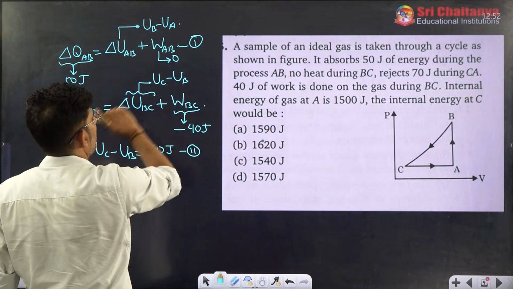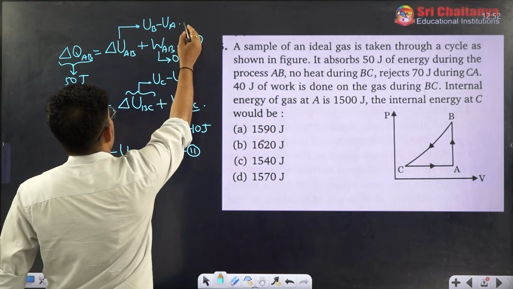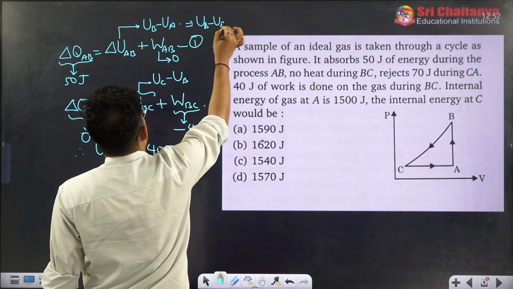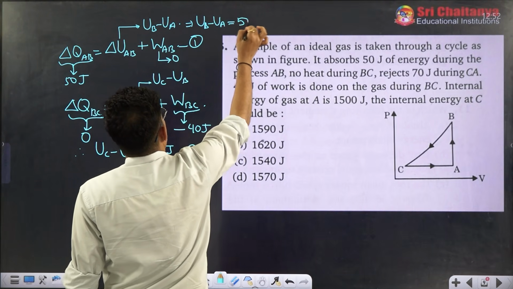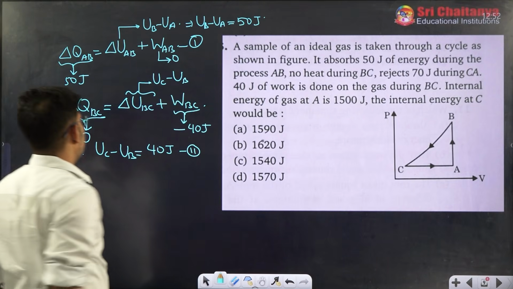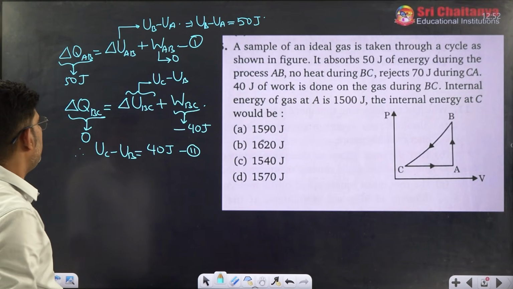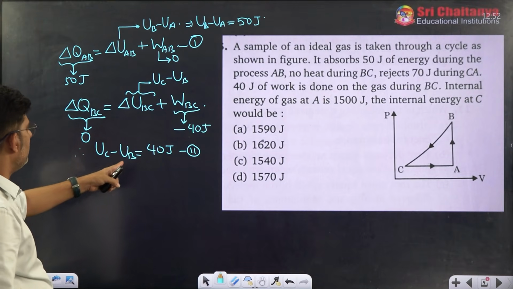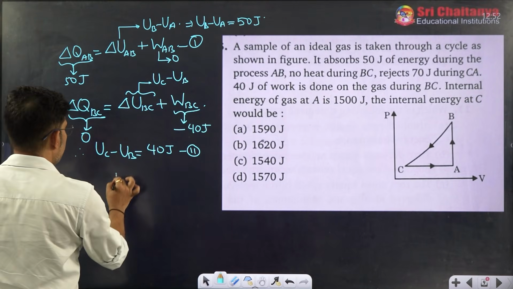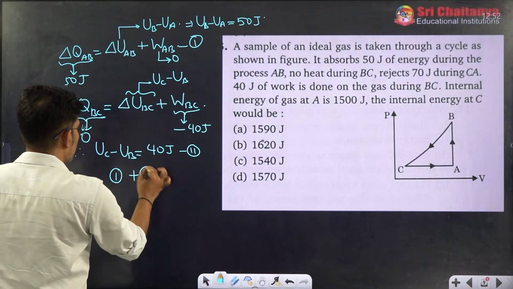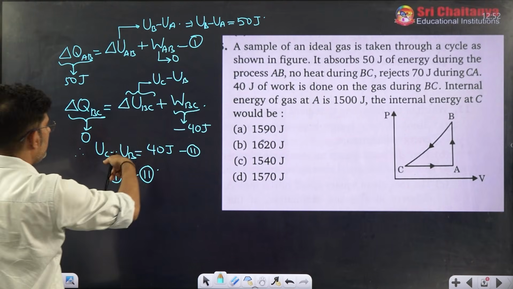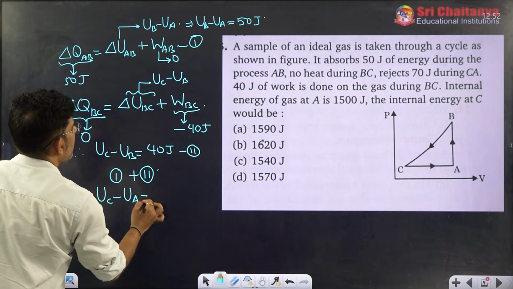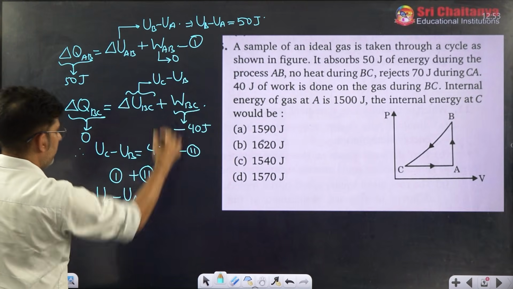Isochoric, volume constant. So from the first equation we can see UB minus UA is 50 joule. This is our first equation, and UC minus UB is 40 joule. Now they are asking the internal energy at C. What can we do? We can simply eliminate UB. How to eliminate UB? Just add 1 and 2. If you add 1 and 2, UB cancels, you get UC minus UA will become 40 plus 50,